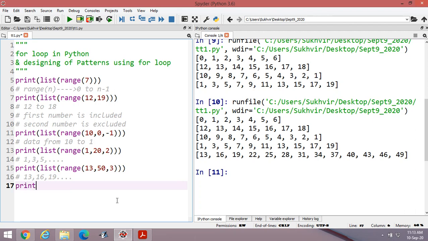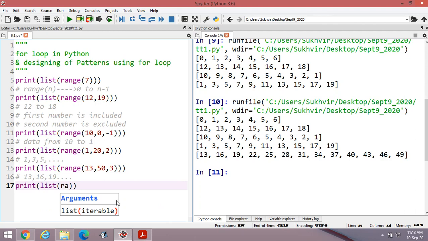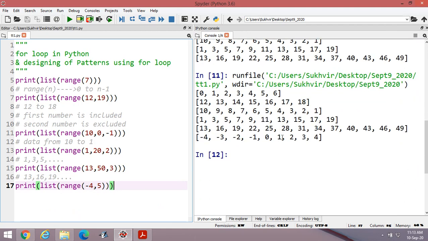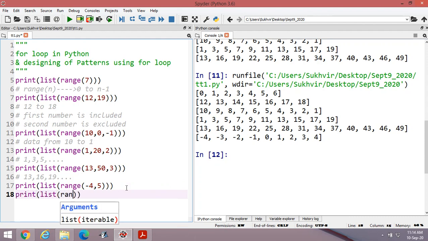Suppose I have to print the data with negative and positive values. Range, suppose I am writing minus 4 to plus 5. Then I can print the data from minus 4 to 4. Suppose I am writing print list, then range 1 to 1.